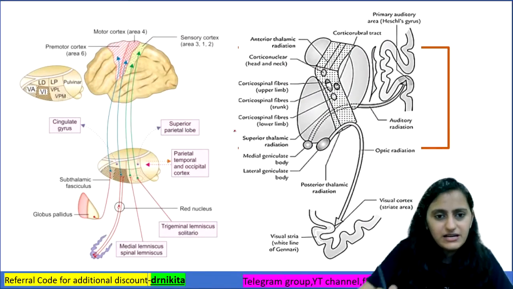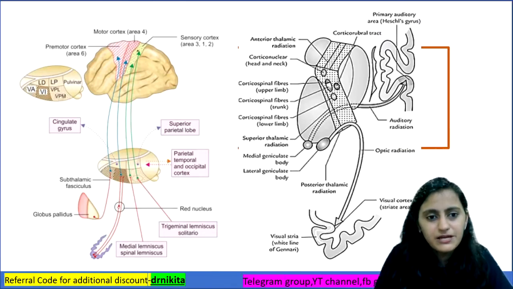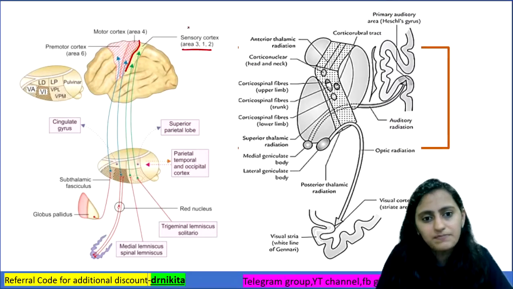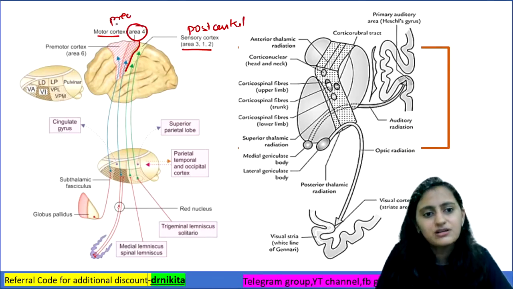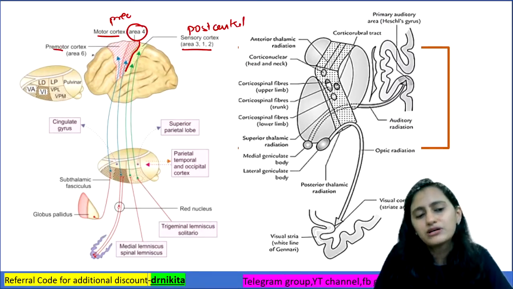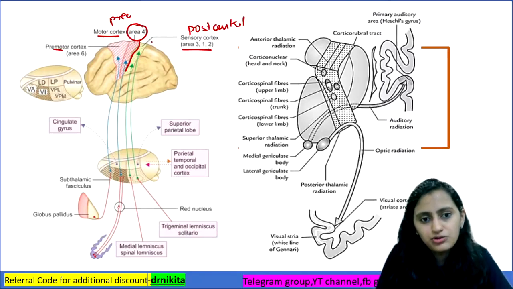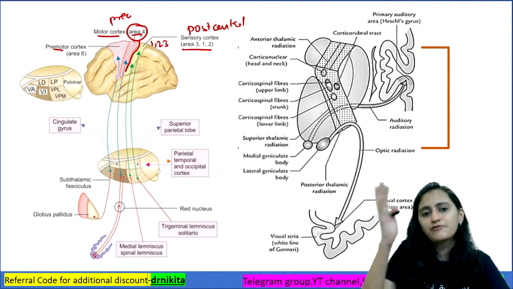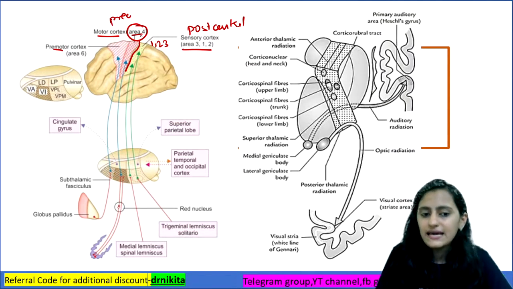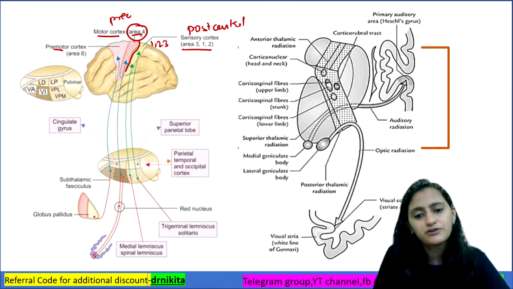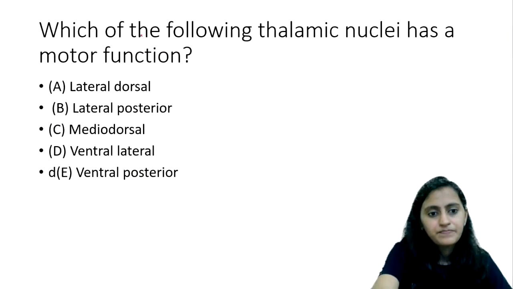This I have already covered. This is just to give you a visual memory that this is where you have the central sulcus, and the sensory area behind it, in the post central gyrus, areas 3, 1, 2. In front of it is the motor area, which is area 4, the pre-central, and in front of motor is premotor, which is area 6. So 1, 2, 3 behind, then 4 in front and in front of that 6. This is how you have the arrangement of Brodmann areas.